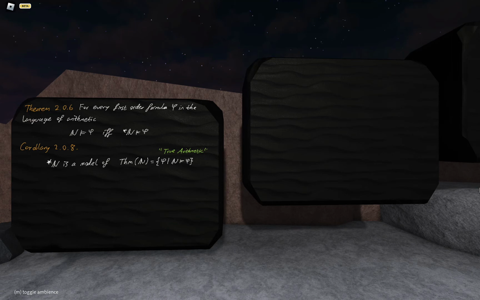But why should I be offended by that? What's wrong with star N being a model of the theorems of N? Because it has uncountably many objects. I don't know. Is that enough for you or not? No, not really, because